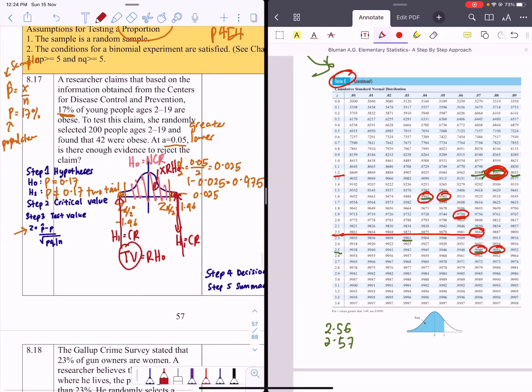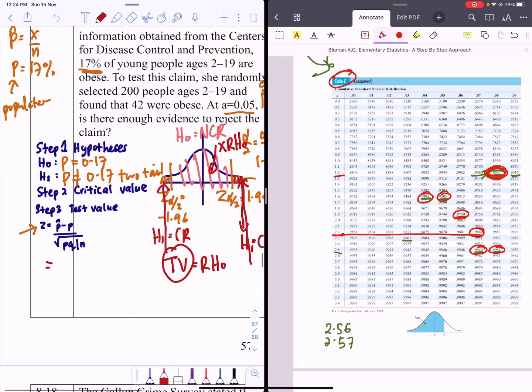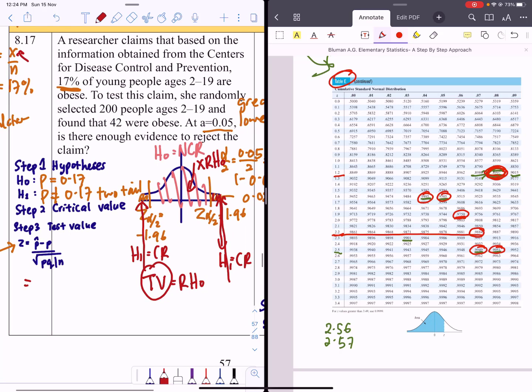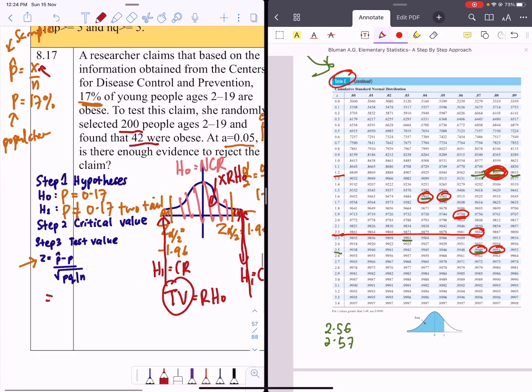And then we insert the value here, p hat. Okay, p hat ni for the sample we need to find lah. Okay, a sample of 200 people randomly, found that 42 are obese. That means 42 over 200. Of course you can simplify, 21. Okay, 0.21. Jadi 0.21 minus 0.17, divided by,